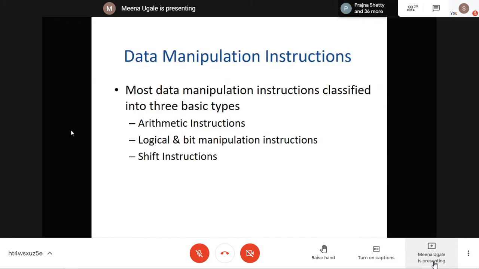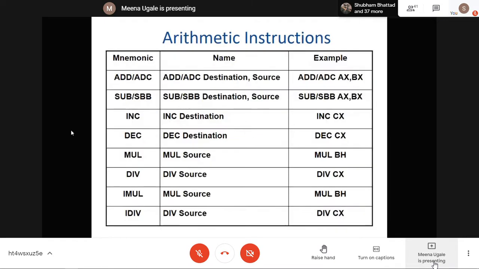Then we started with data manipulation, which covers majorly the arithmetic and logic instructions, and some bit manipulation instructions also. Some instructions coming here are the shift and rotate operations also. So manipulation instructions basically change or process some data in your memory locations, or it can be in your register operands. This part we have seen last time, if you remember: the arithmetic instructions for addition, subtraction, increment by 1, decrement by 1, then multiplication, division, signed multiplication and signed division, which come like IMUL and IDIV.